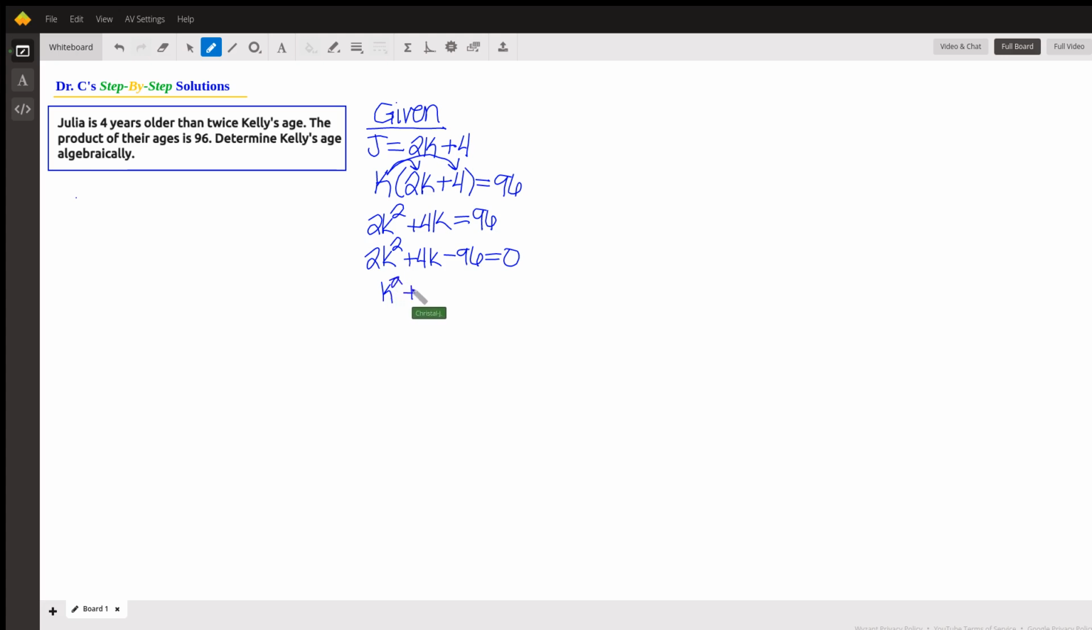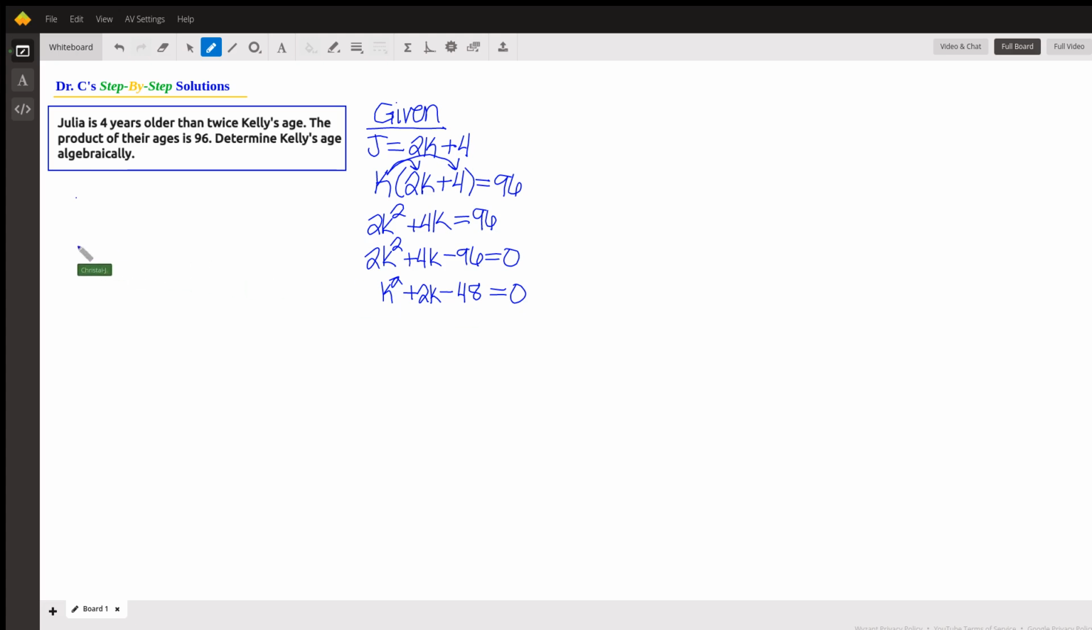K squared plus 2K minus 48 equals 0. So now you can try to figure out what two items would cause this type of distribution, so we can get the solution. I always look at this: because this is negative, one's positive, one's negative, what would give us